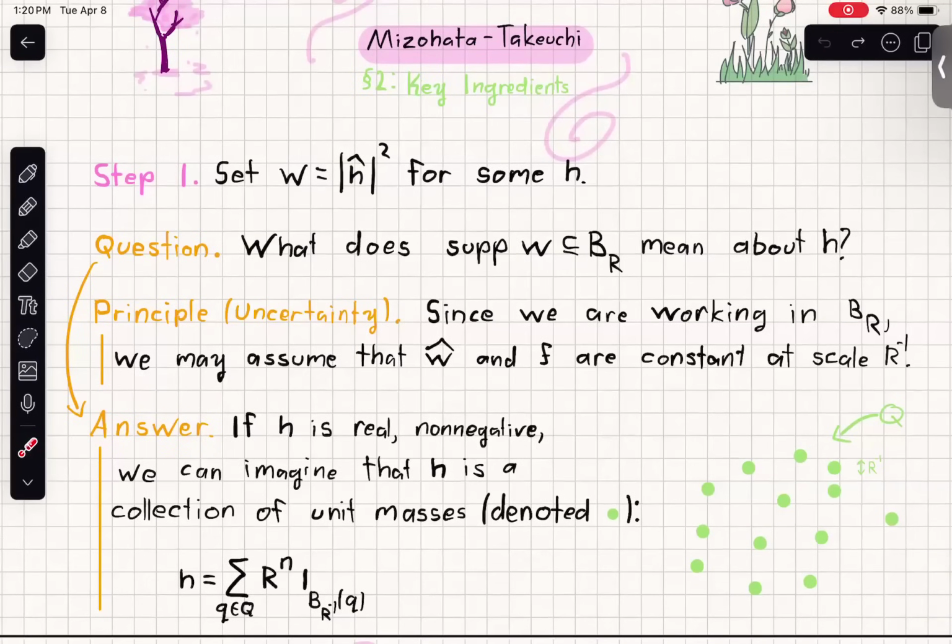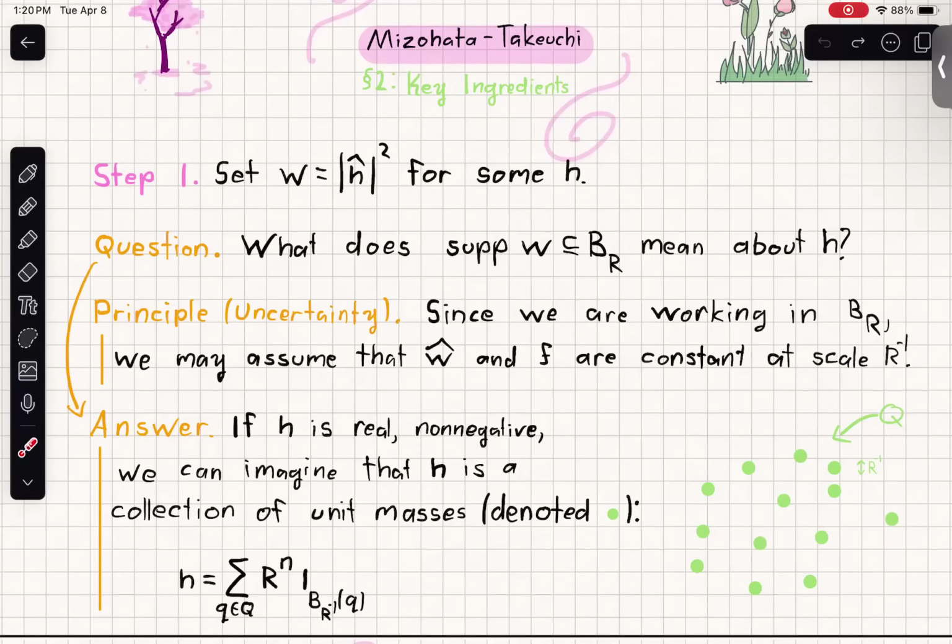Okay, so if you forgot what the equation at the top said, don't worry, we will recall it when we need it. But for now, what we should say is that if h, we assume to be real and also non-negative, by the way, this is a bit of a lot of assumptions, but we can actually still get a counterexample if we assume these things. But if we assume that h is real and non-negative, then this locally constant principle allows us to say that